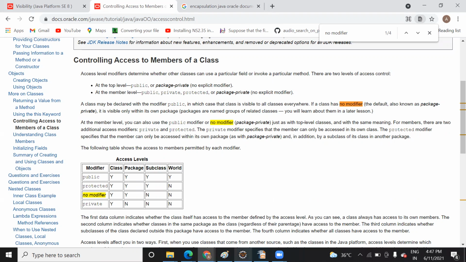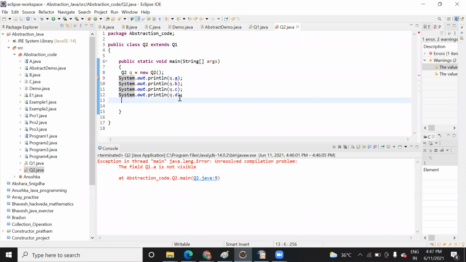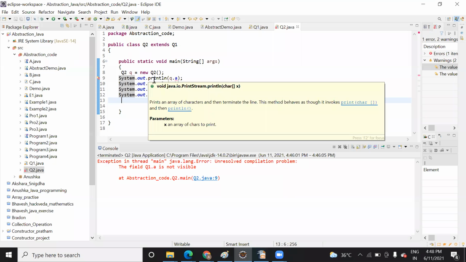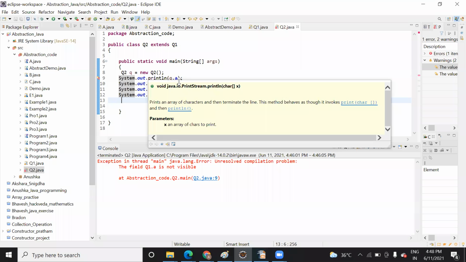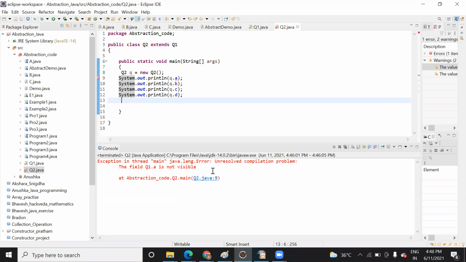So you will just go through this code and remember one thing: whenever you declare it, just have a look at the table, because once you look at the table, it will be more clear to you and you will come to know what accessibility is. This is a very short topic, encapsulation and accessibility, that I have explained to you. You can try it today. Declare a method as private and try to perform an operation on it, like addition or multiplication. Do it and see whether it is visible in the child class or not.